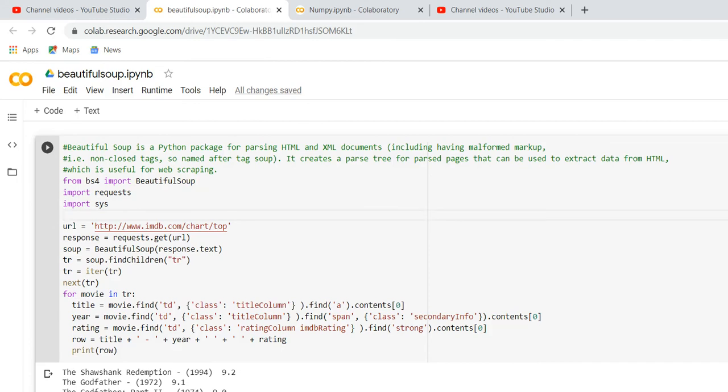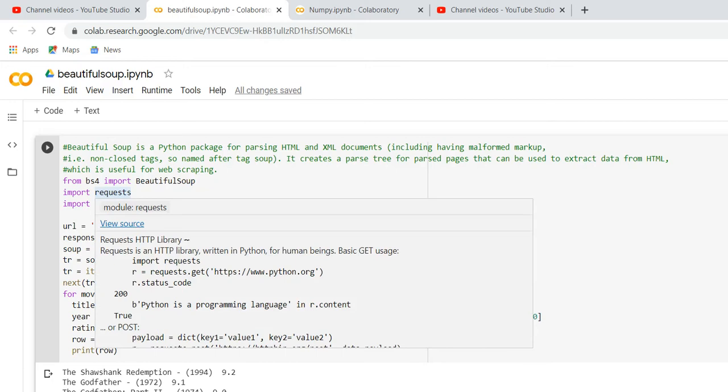Now I'm going to get the URL and get the response equal to requests.get. Requests is mostly used as an HTTP library, and with the basic get usage you can work with it.